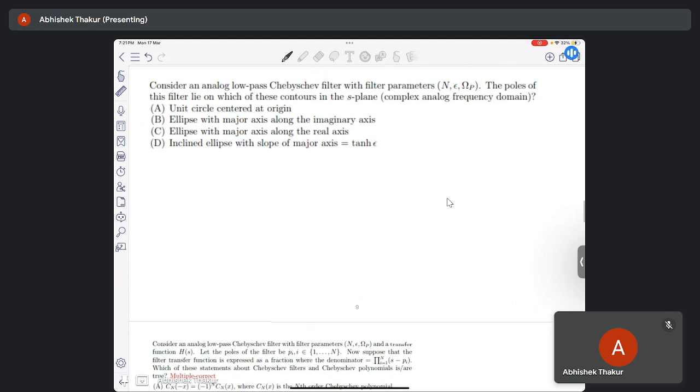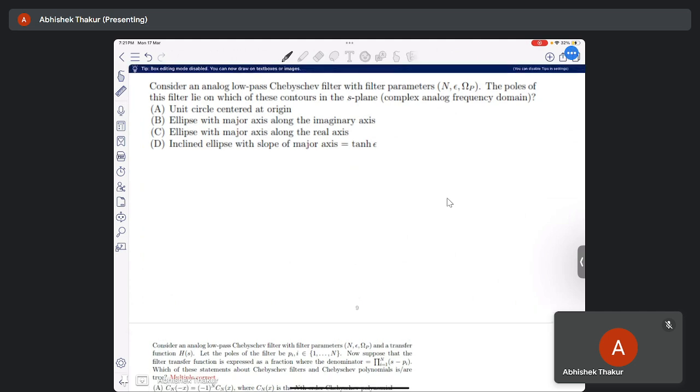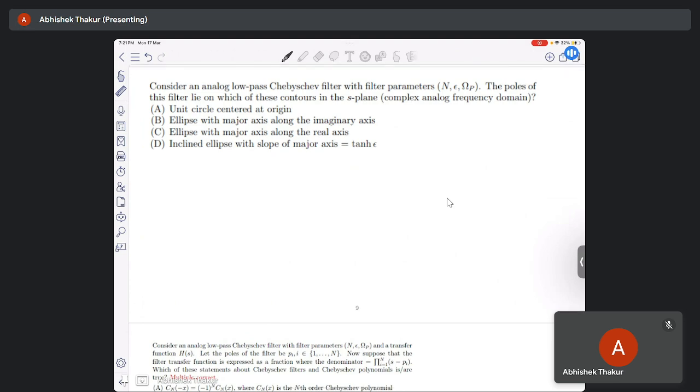Now coming to the next question. Consider an analog low-pass Chebyshev filter with filter parameters n, epsilon and omega p. The poles of this filter lie on which of these contours in the S-plane? Complex analog, so this is the analog frequency domain, the complex analog frequency domain. So in question number 5,